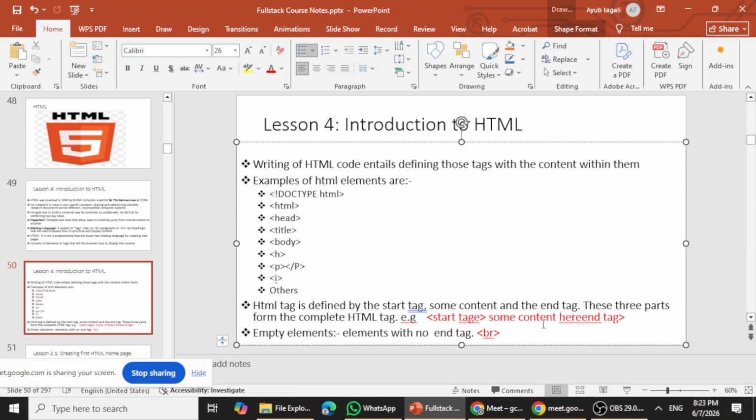All right, and that's what we mean. So an HTML tag comes with a combination of a start tag and an end tag, but also some HTML elements or some HTML tags do not have end tags. All right, and those that do not have an end tag, we call them empty tags or empty elements. All right, so that's a brief introduction to what HTML is,